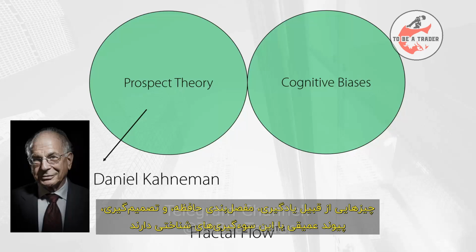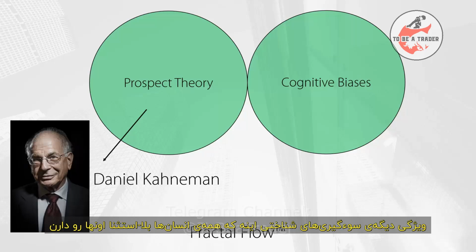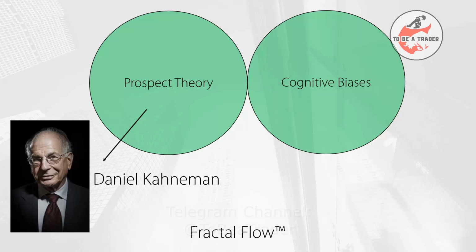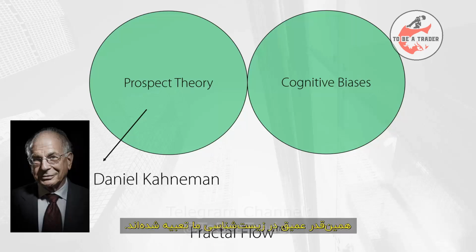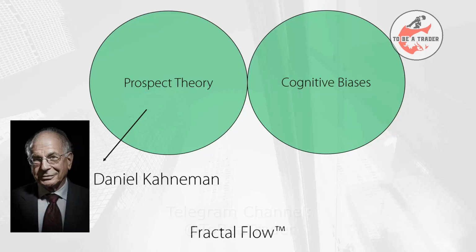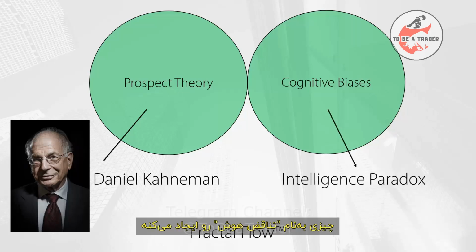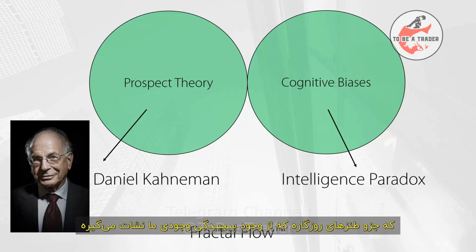Things like learning, memory articulation and decision-making are deeply connected to the cognitive biases. The other attribute of cognitive biases is that all human beings have them without any exception. They precede personality in a way. That's how deeply embedded they are in our biology. As you will find out later in the course, the presence of the cognitive biases in modern society creates something called the intelligence paradox, which is one of those real-life ironies that spiral off of the complexity of our existence.